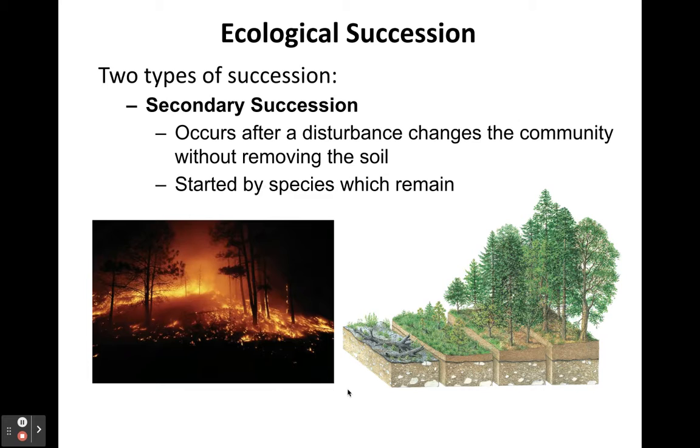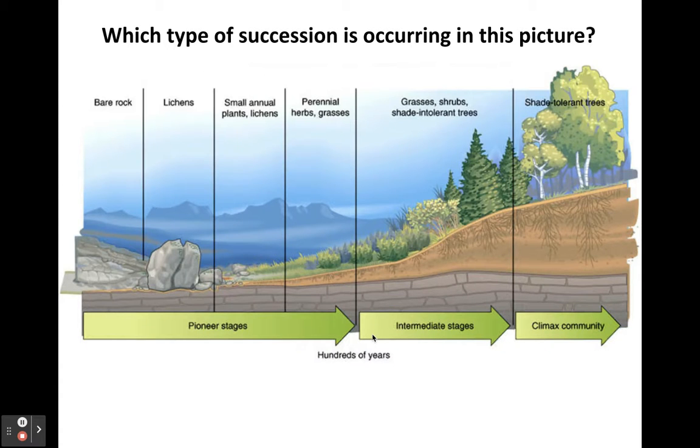When a forest fire sweeps through a forest, there are many, many seeds in the soil after that fire dies down. In fact, many seeds in forests require really high heat from a forest fire before they'll start to germinate. So right away, within weeks after the forest fire, you're going to have the growth of plants, whereas in primary succession, it's going to take a long time before you start to have an abundance of even small plants.